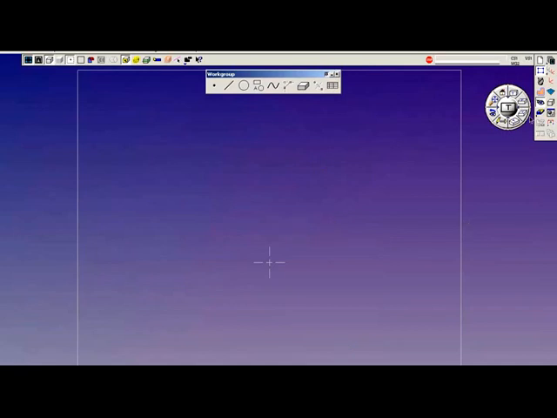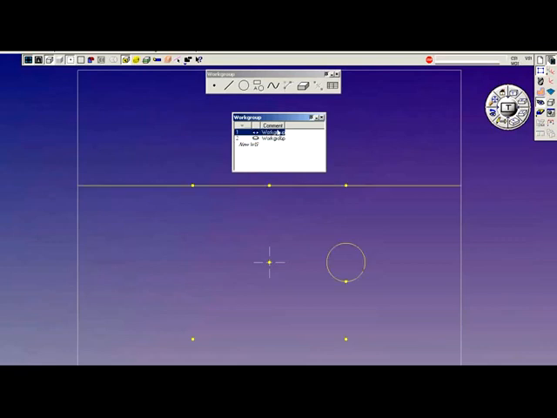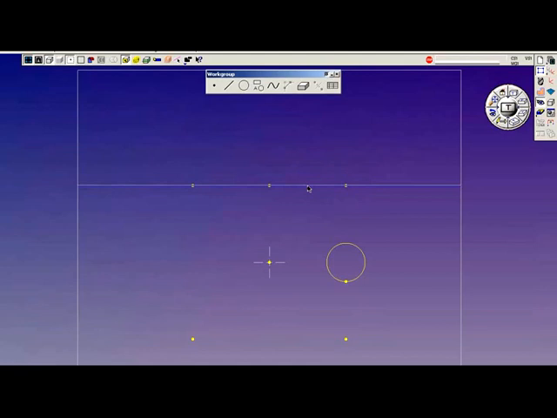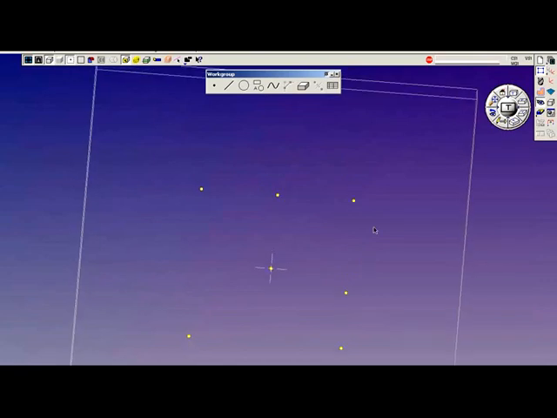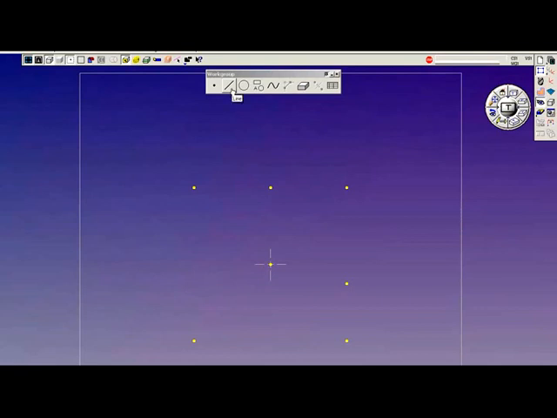All right, let's play with some lines. We're going to work with some lines here. I'm going to go back to work group number 1. And I'm going to delete this line right here. I'm also going to delete this circle. The line creation tool